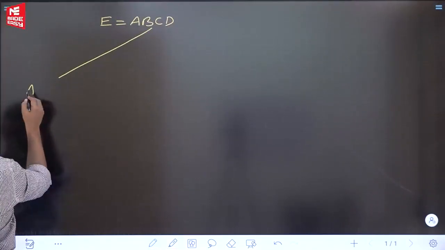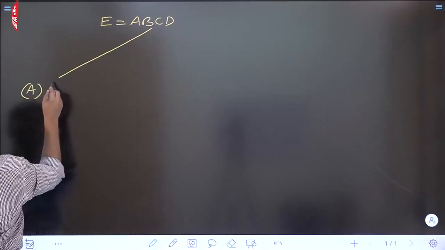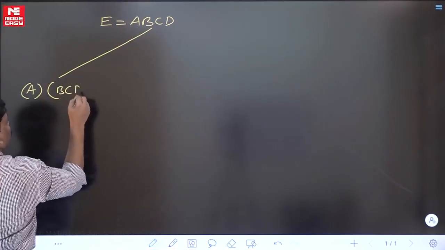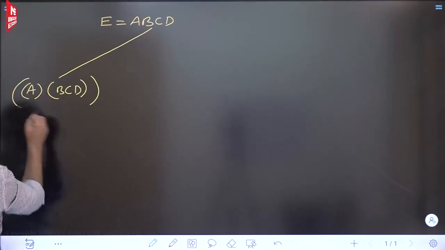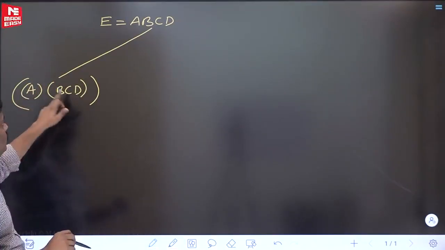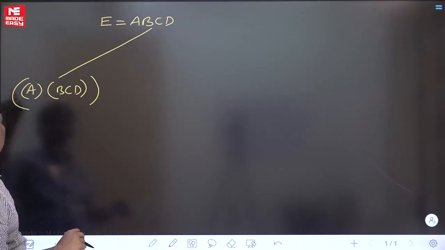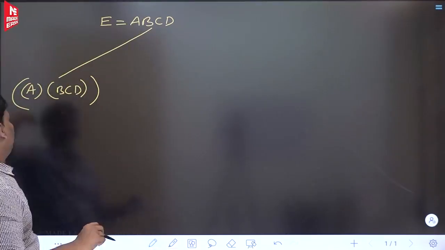See one possibility. Just follow like this. One possibility is that only the first one remains separate. Recursion will take care, don't worry. This is one possibility. Divide 4 matrices into 2 groups. Every group contains at least one matrix. Order cannot change. Here also ABCD, here also ABCD. This is one way.